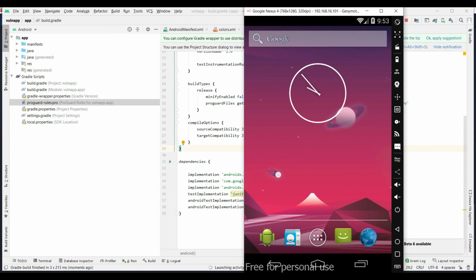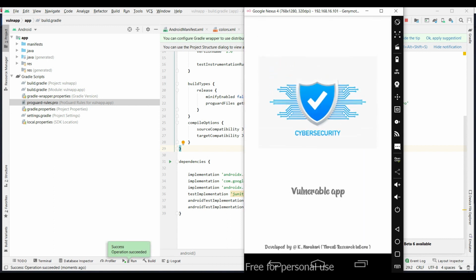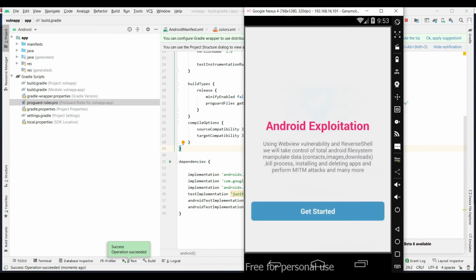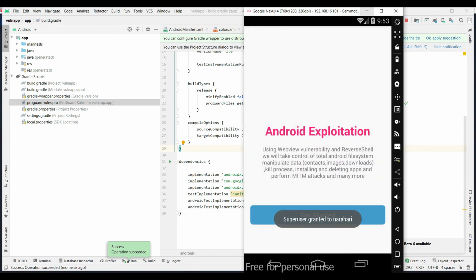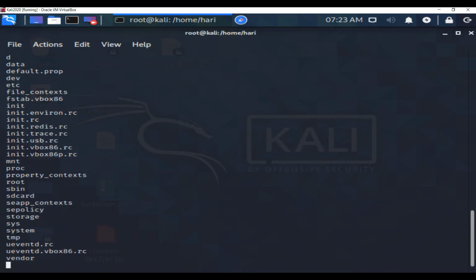But in the background, in this application I have embedded the reverse TCP connection, the malicious thing. Now you can't observe any difference. Here you can see it directly opens the application, you didn't find anything. But in the back end, this application is connected to the attacker machine. In this application, we have built a malicious reverse TCP connection to the attacker.